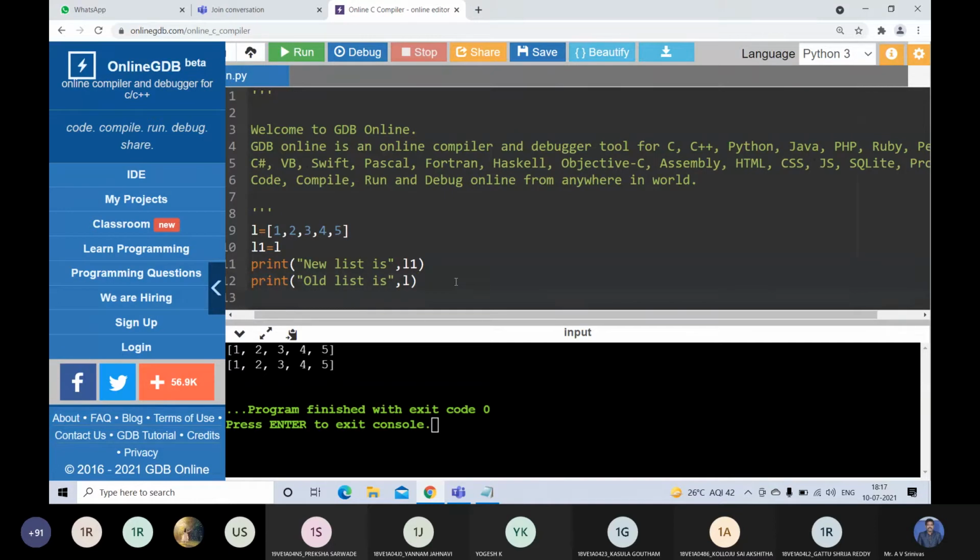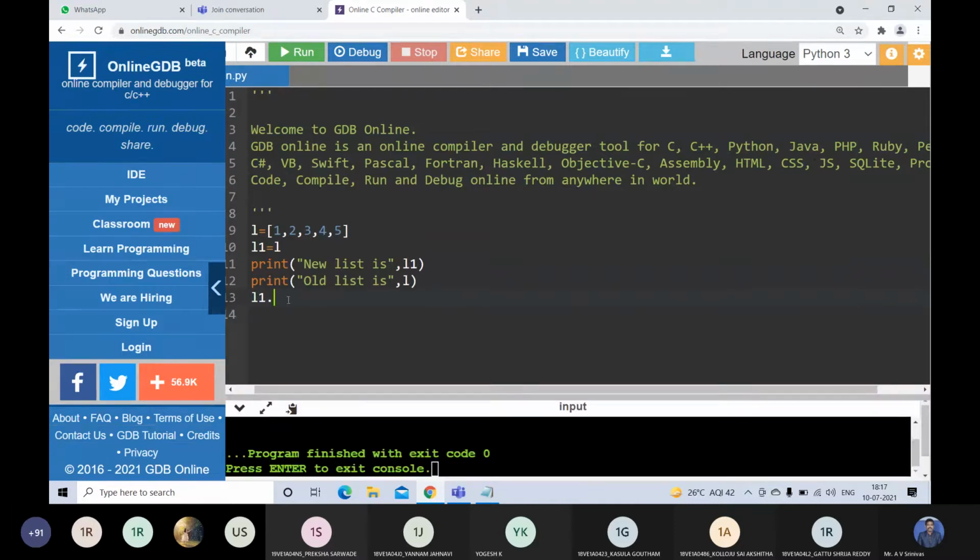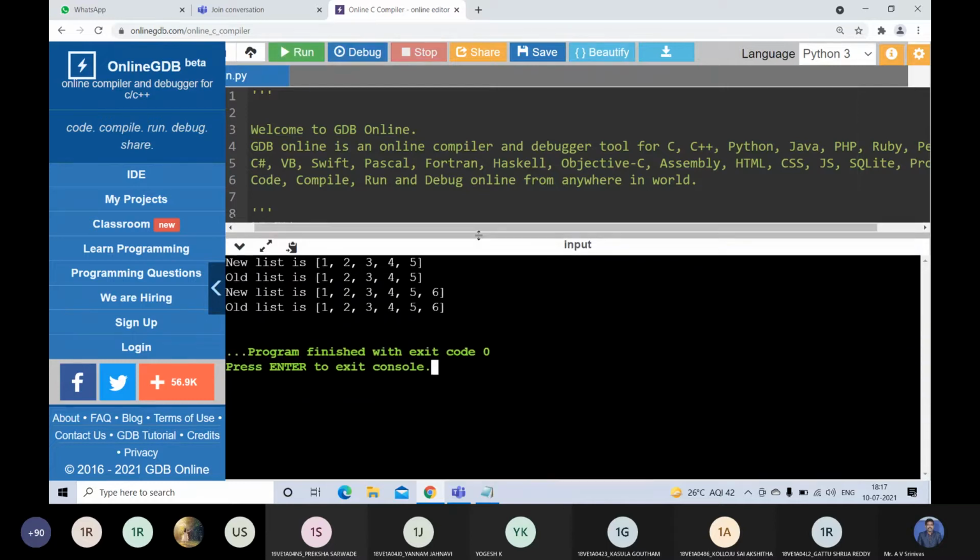Now if you add any element to the new list, what is my new list? L1. Suppose I write L1 dot append of 6. I am adding one element to the new list. Then 6 will be added to the new list, but L1 will change and L also changes. See the output here.